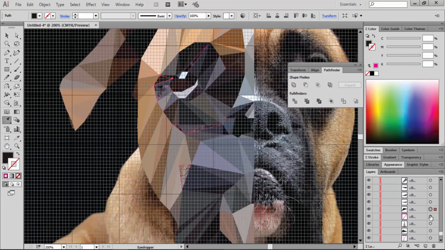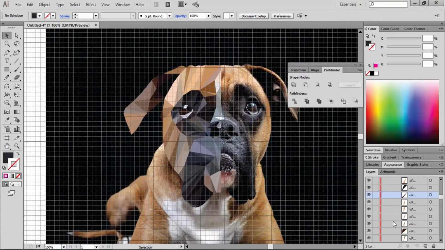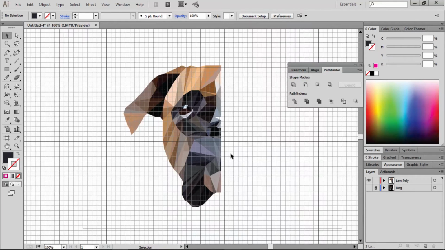If you happen to miss any triangle, you can just look for it on the layers panel, select it on the circle and fill it. So now we have finished half of our dog.